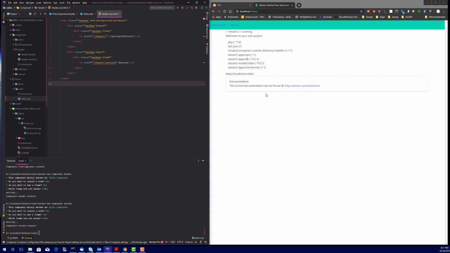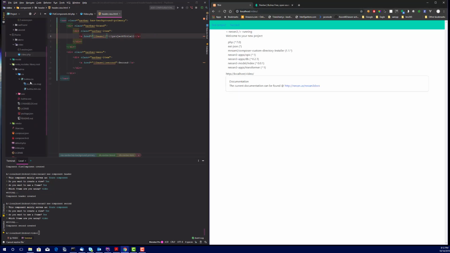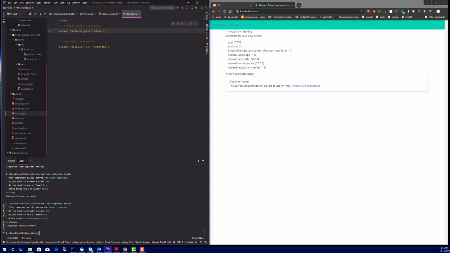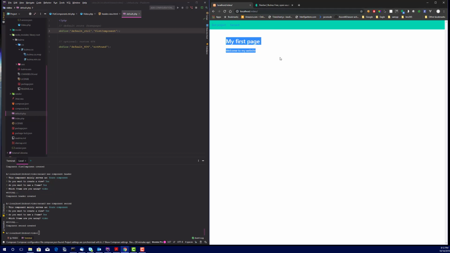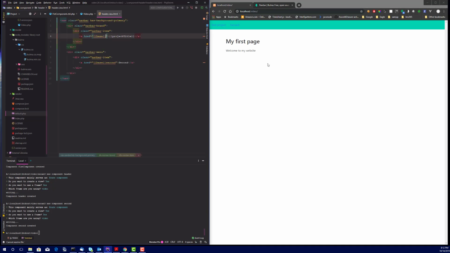Now, what are the next steps? So we basically have, oh, we actually didn't want to go here. We wanted to go to, oh, you know what? No. What we're going to do now is we're going to change the default home page. So we're going to go to default and basically say, okay, this now is our first component, our general route. And if I reload it, I can see this is my home page now. Okay,